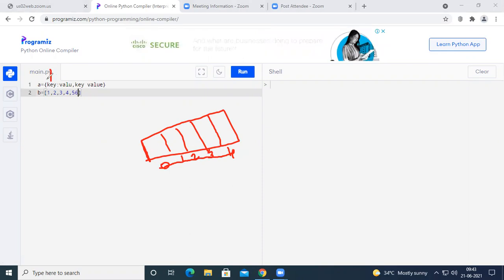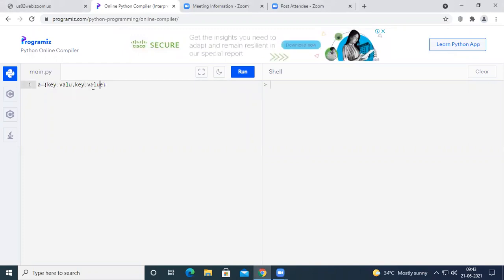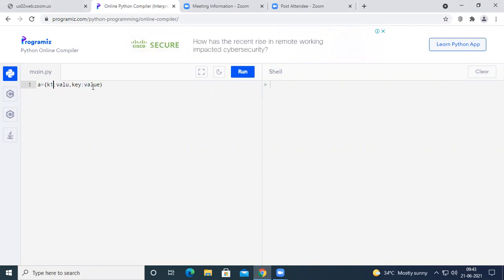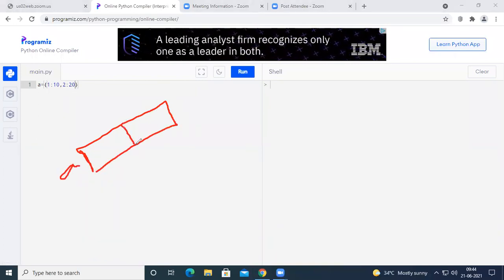In the case of dictionary, what we give as a key will act as an index value. For example, let us see here. If we provide key 1 with value 10, and key 2 with value 20, then some amount of memory will be reserved under the name of A, where A will contain 2 parts of memory.